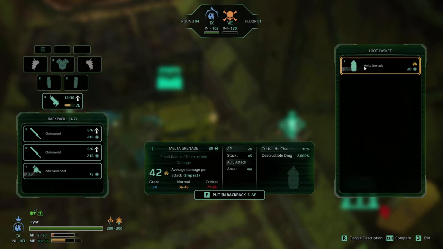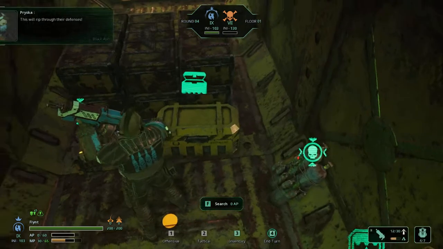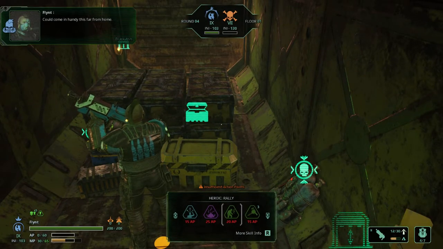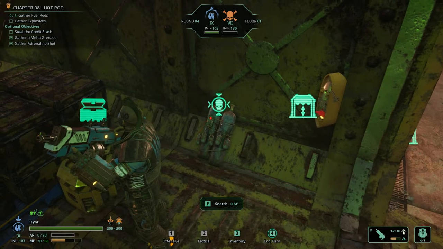Melter grenades. Lots of damage. There's 5. Sure, I'll take all of those. This will rip through their defenses. And I don't have any more. Handy this far from home. No more action points. I'm assuming that's probably then cash. That's probably the